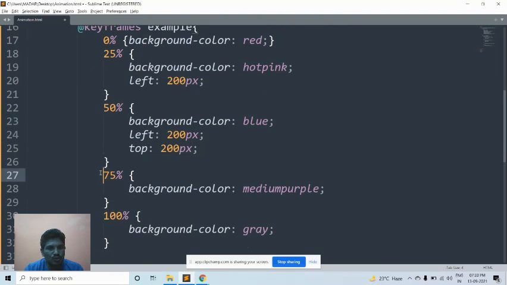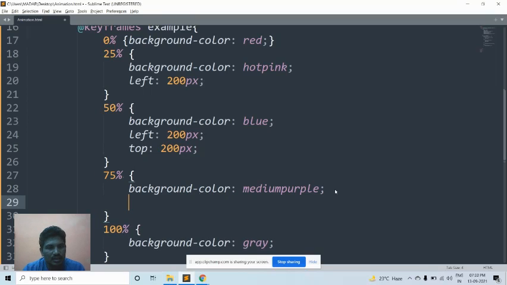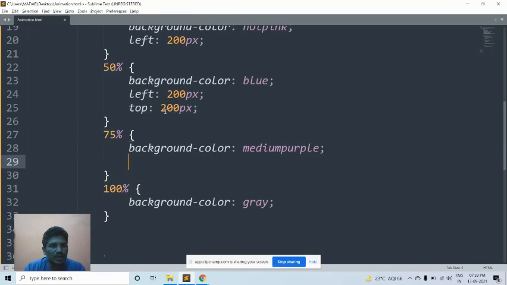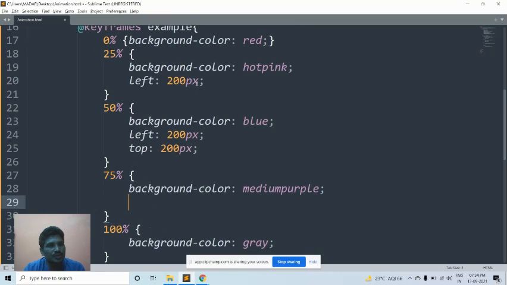And then when you come to the 75 percent, then what you have to do is left 200, yeah, it is good. Then top at the same time it will come to the top 200 of that current position, 25 pixel.